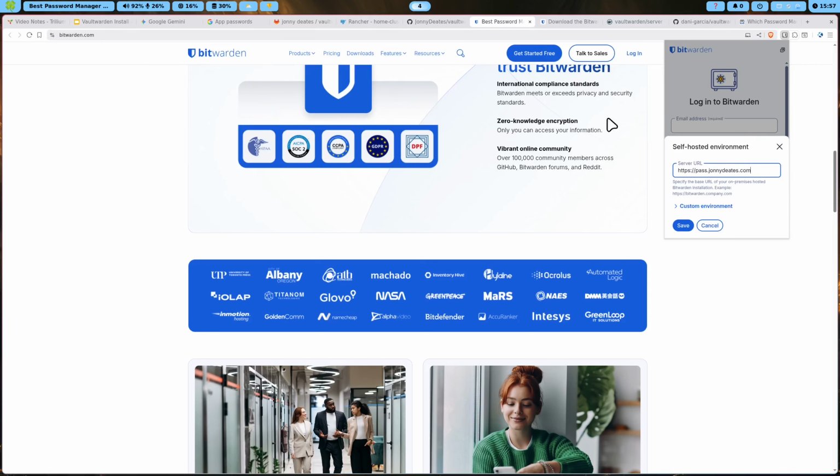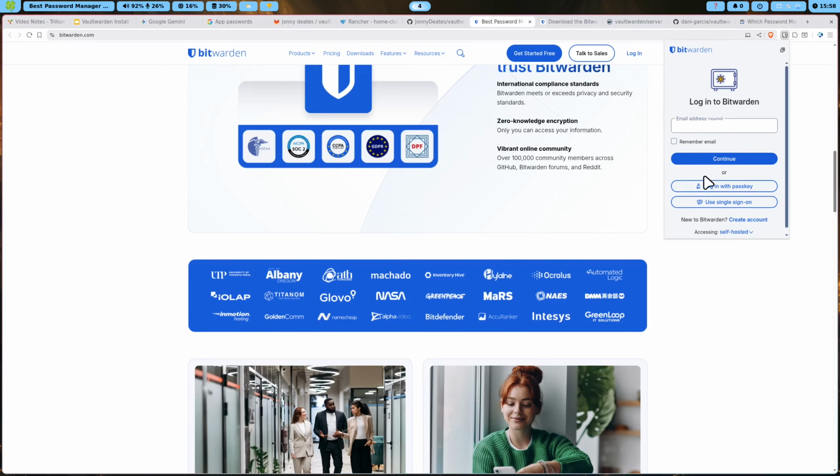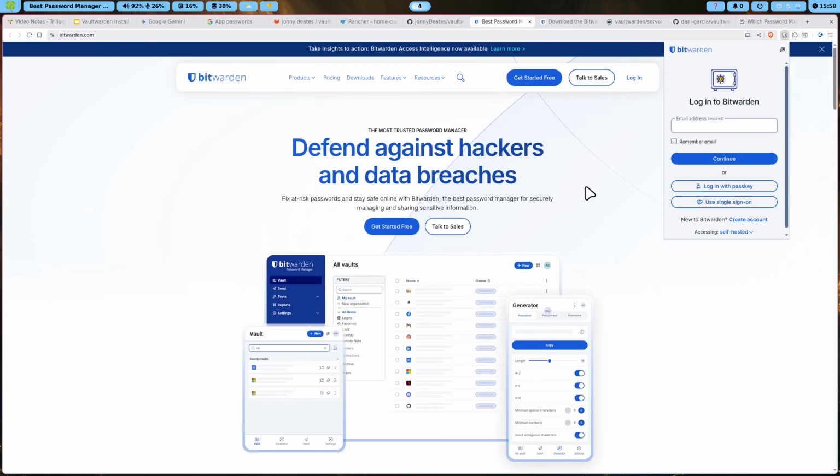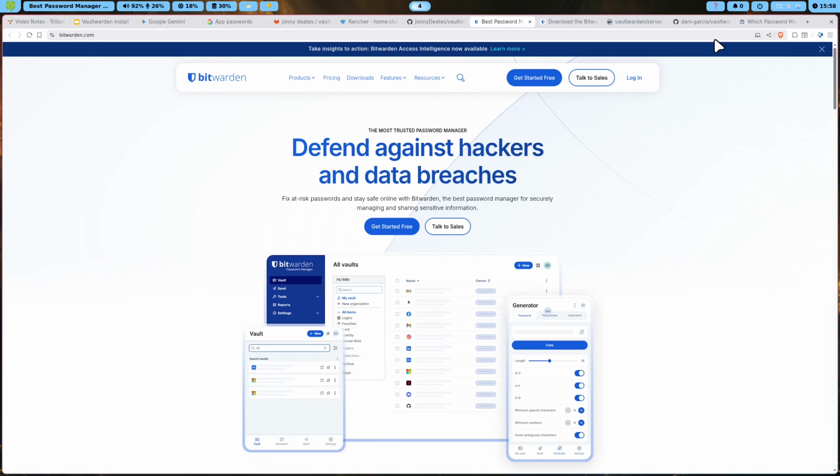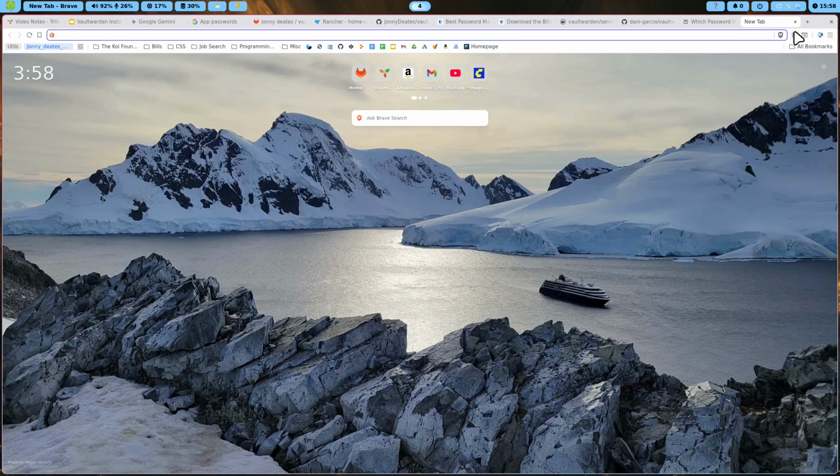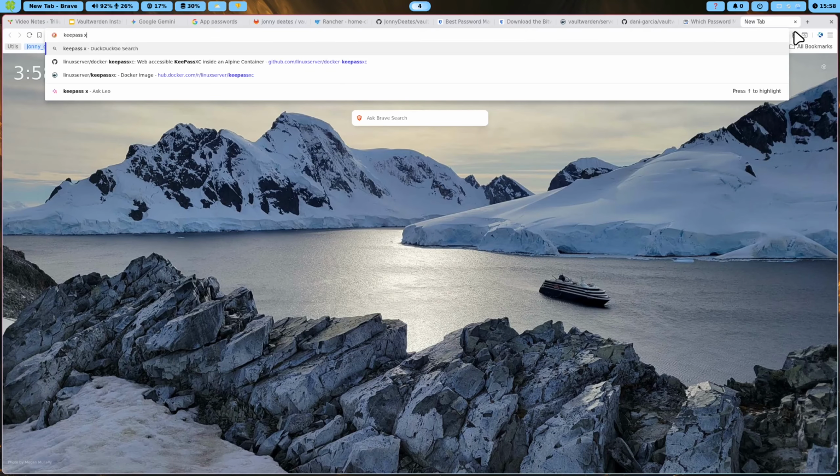You can see I was testing this out, and on my subdomain pass.johnnydeets.com I had my own self-hosted environment. Then I was able to log into Bitwarden and upload all of my previous passwords from my other password manager into this. So I believe in the last episode I had talked about KeePass, and that's actually something that